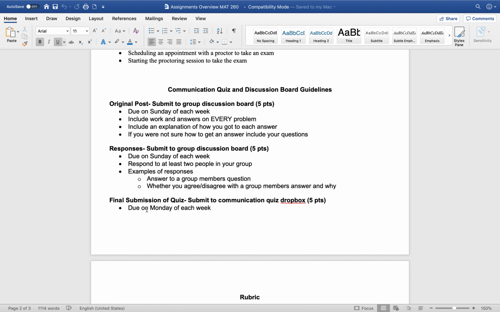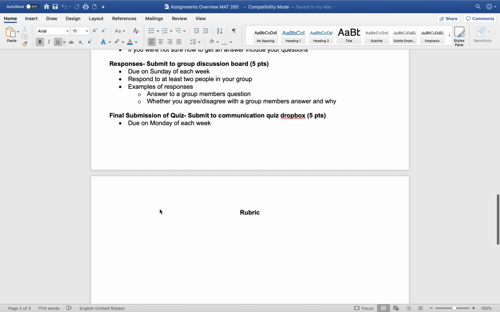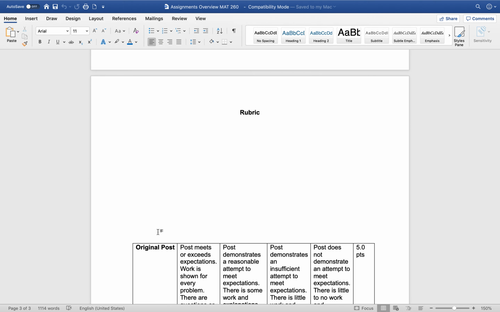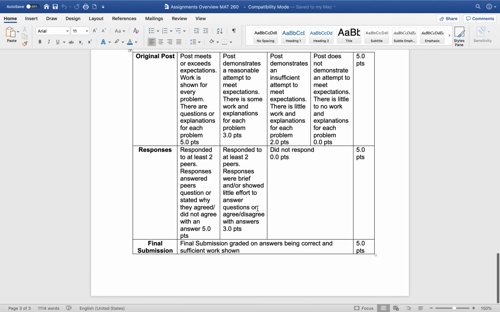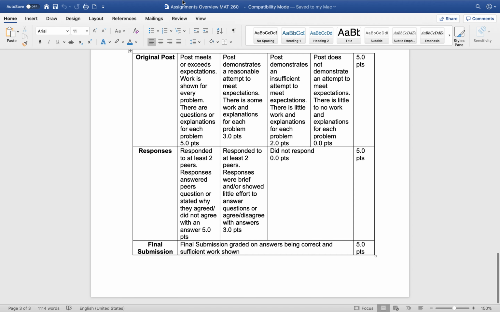And this is for each individual person needing to submit a quiz, not just one group quiz. So then we have the rubric. Our rubric, you can read as you're going through. So now I'm going to go back